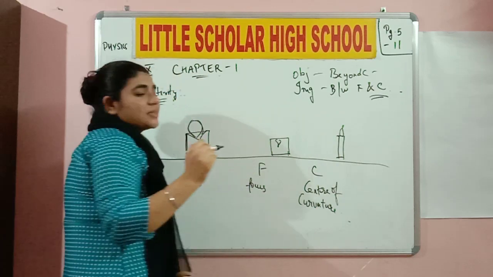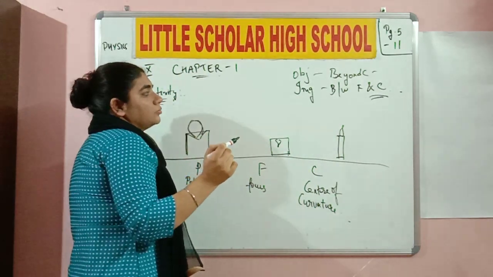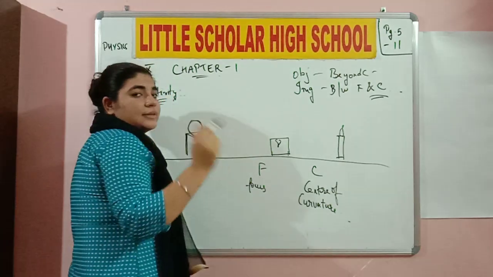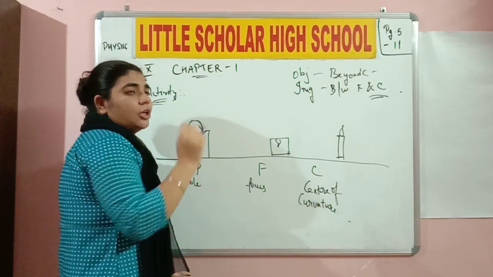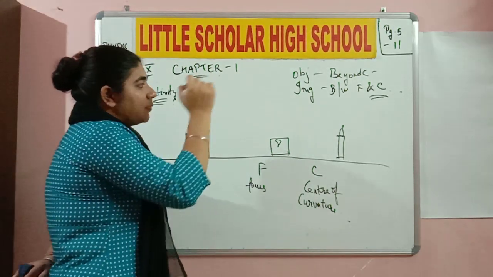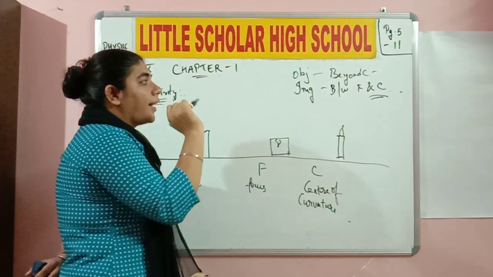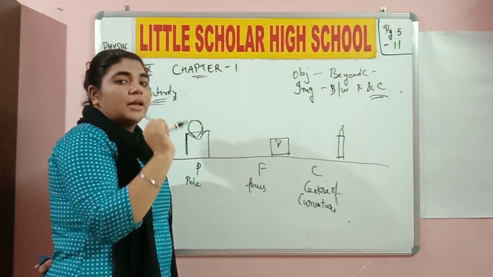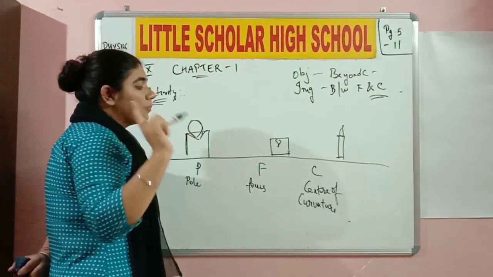Okay, on page number 6 you have a table. Please note these details in the table, the characteristics and the nature of the image. Whatever I tell you, please note down in the table. Okay, the first case over here is maybe beyond C is one number up or one number down. Just check wherever you have the object placed at beyond C, and you need to write the required details over there. So I'm repeating it again.